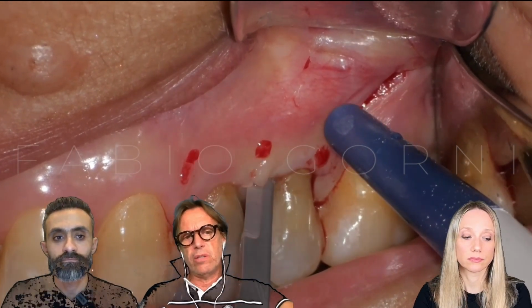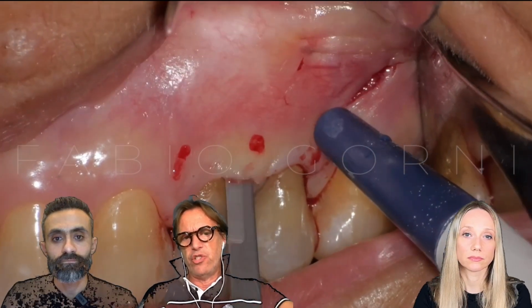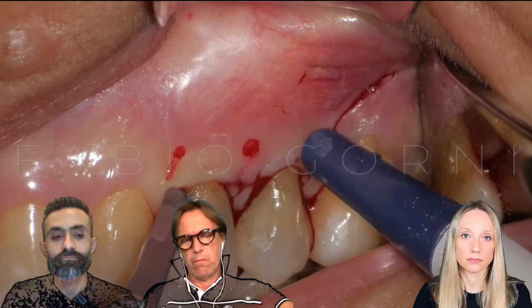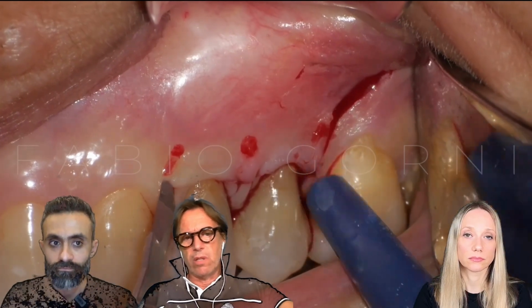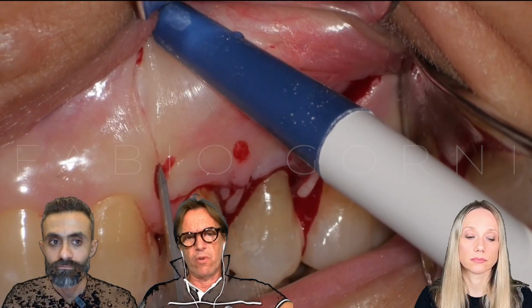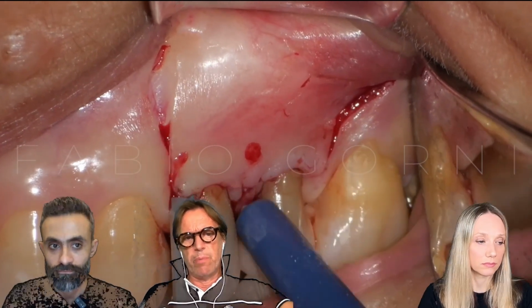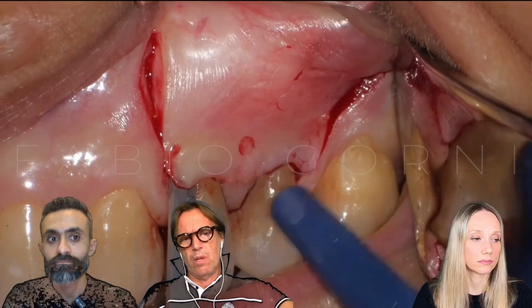The decision depends on the amount of the attached gingiva in that area. And like in this case, for example, the attached gingiva is not enough. So that's why we decided for an intrasulcular flap. In this case, it is a papilla preservation flap.